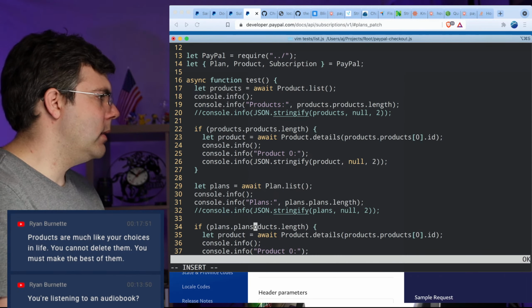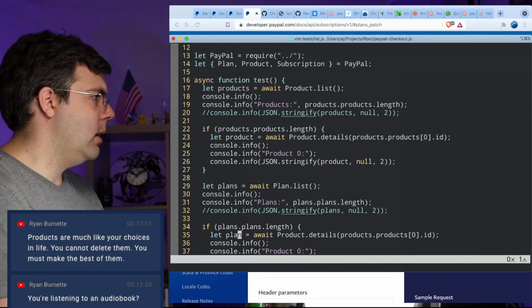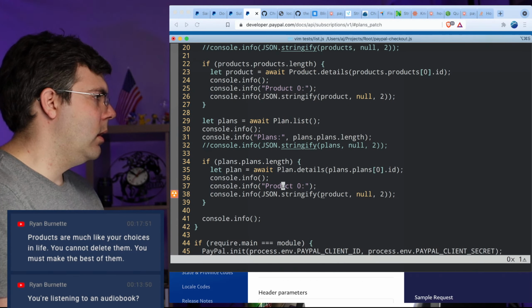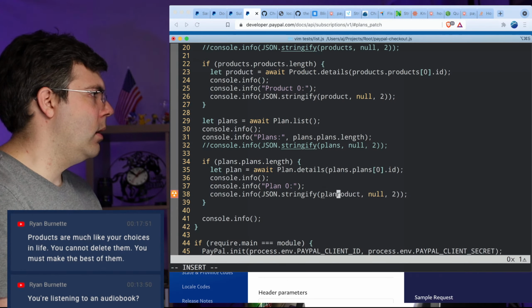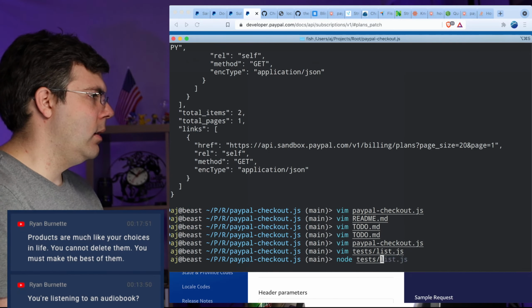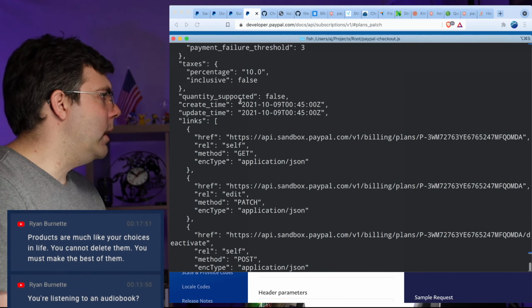So plans.length, plans ID, there we go. Plan 0 and plan. Okay, let's try this one out. See how well that works. And then I'll try doing the update.